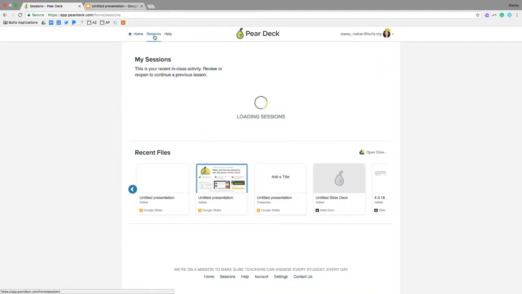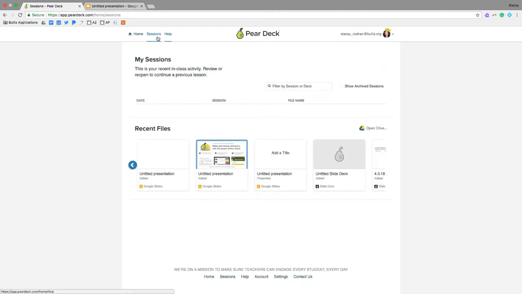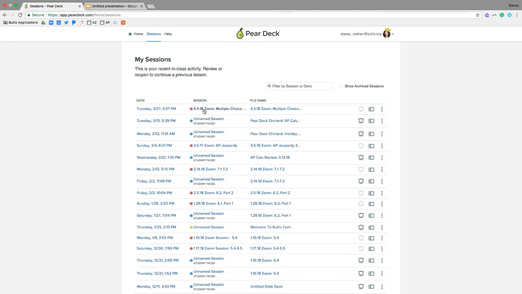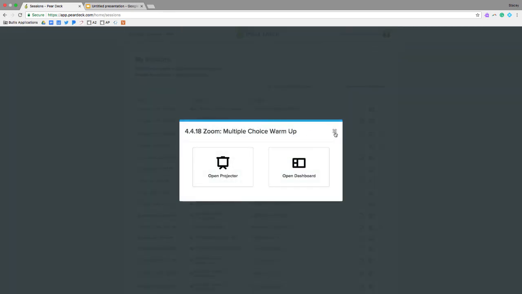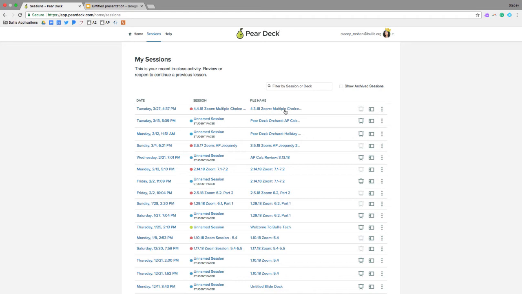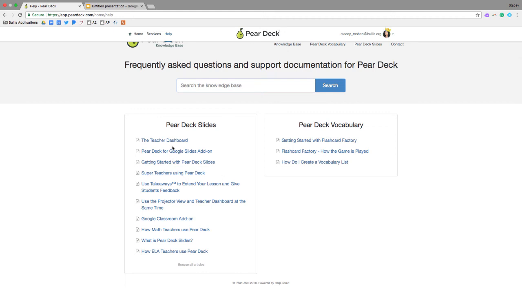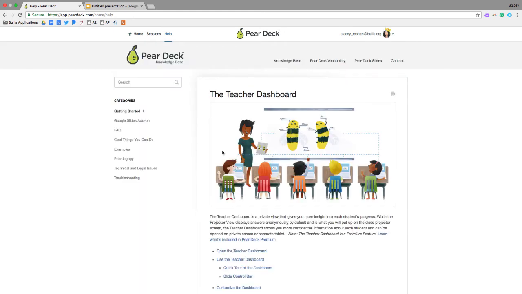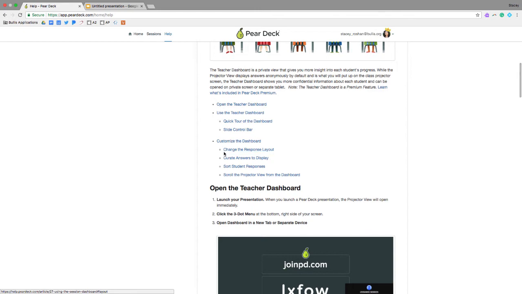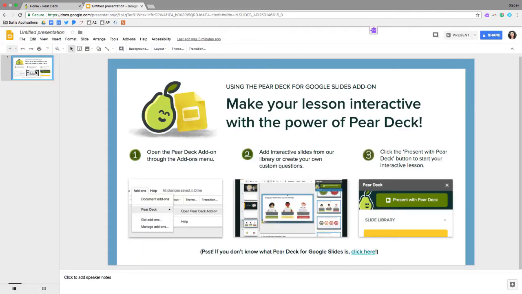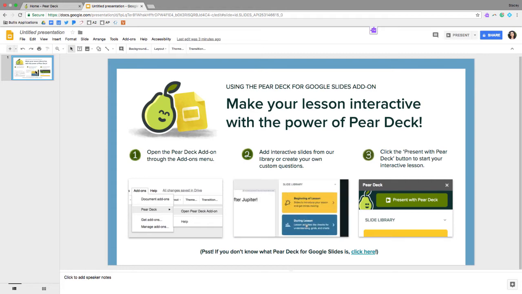You'll still have your Sessions tab. It used to be on the left, and now it will be at the top here, and this is really the same as it used to be. So if you want to open an old session, you could just click on it and open an old session right there, or you can open the file directly there. The help is also available right there, so if you need to get any help, you can find that there. Need help with the teacher dashboard, just click on that and you'll be taken directly to the help article on that. But let me go back to the home screen and let's dive into some more tips for using the